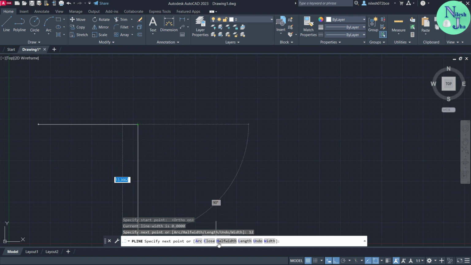And now here is another option, that is half width. To enter into this half width, you can either click here, or you can just press H on your keyboard. Every first letter that is highlighted in blue color is the shortcut to enter into that command. So I will just click here on half width, and now it is asking me